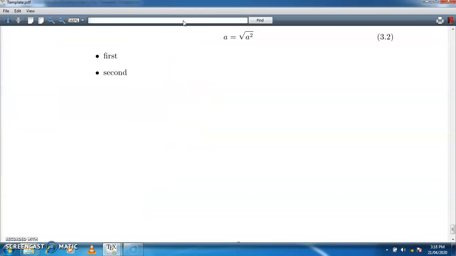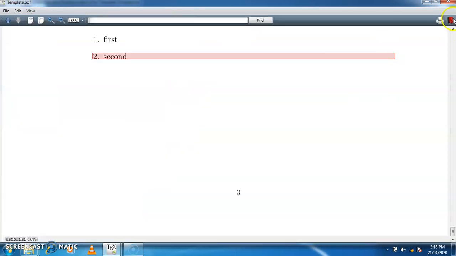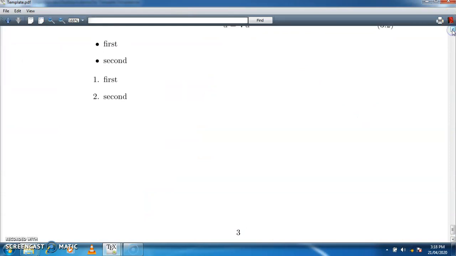You see here, the previous command which we have used is itemize, which gives the bullets, and the second command which we have used, enumerate, assigns the numbers.